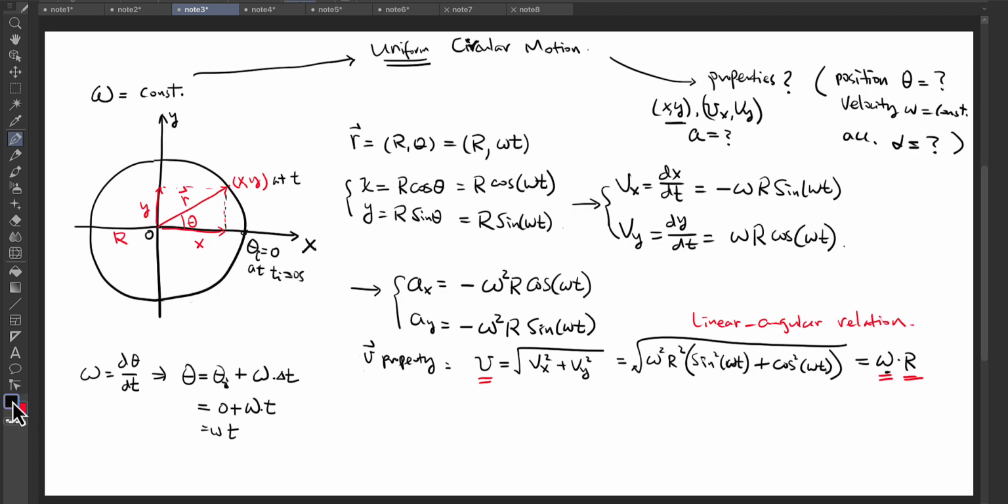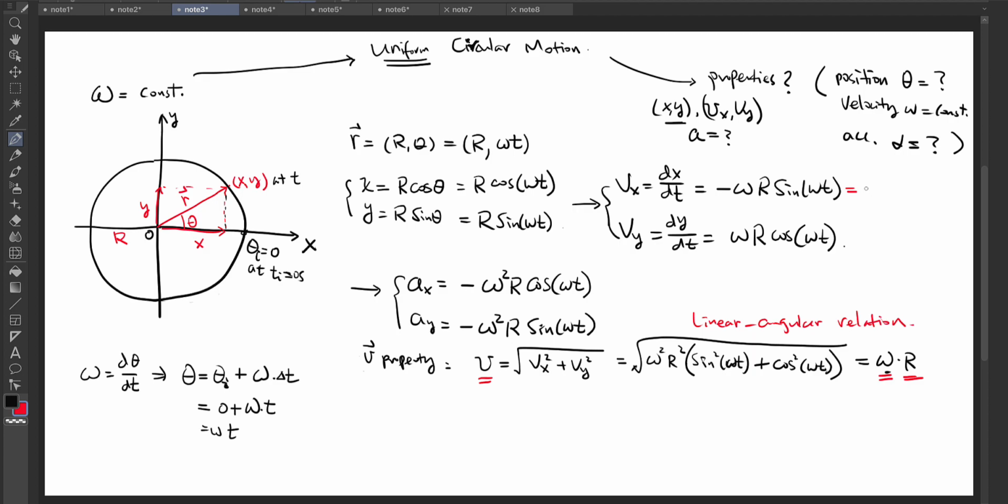Now how about its direction? Here's the magnitude. So the direction of the v, right now we don't see that because just like the position vector, we need to write the velocity vector in the standard form, so that we know its angle with the x-axis is theta, for example here, right? It's a cosine function. However, we have a sine function here. Now to figure out the angle or the standard form of the velocity,